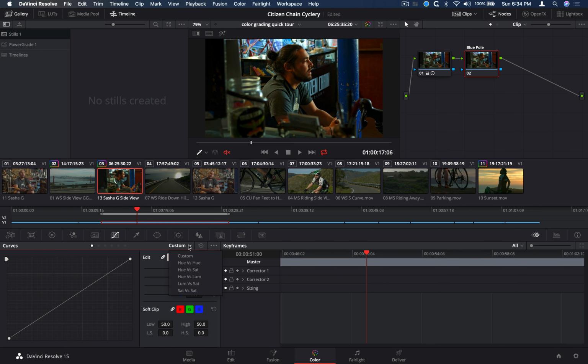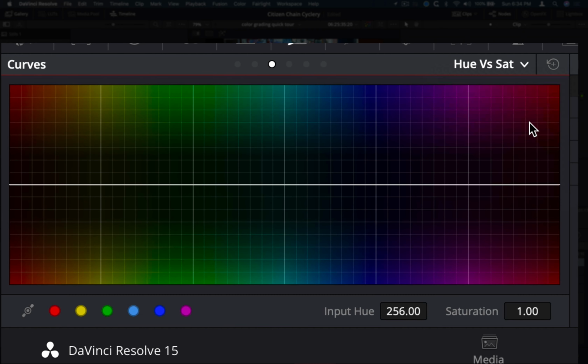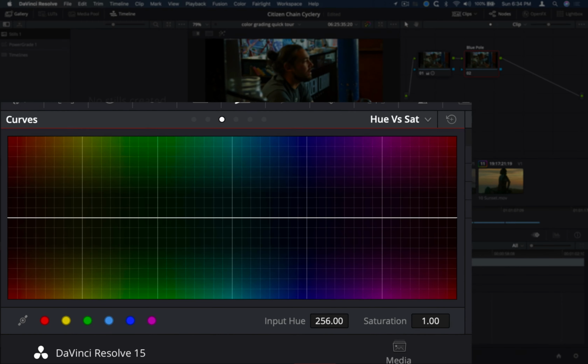Click here at the custom tab at the drop down, and let's change it to hue versus sat. You can see all these other different types of curves. We'll choose the hue versus sat. What this allows us to do is choose a specific hue and adjust the saturation of that hue. So we want to